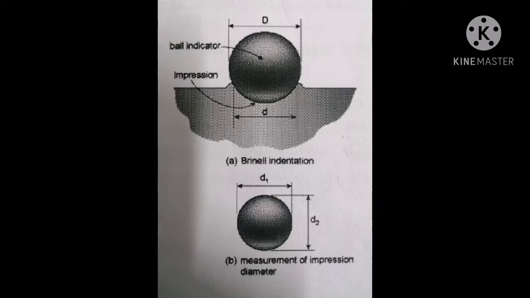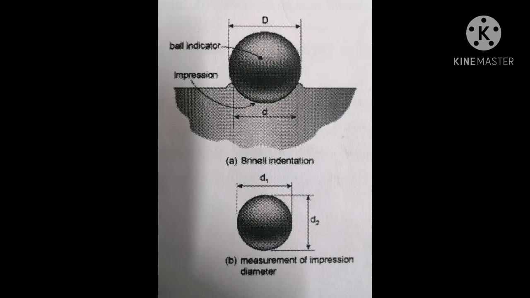Now let's discuss the Brinell hardness test. In the Brinell hardness test, we indent the test material with a 10 mm diameter hardened steel or carbide ball subjected to a load of 3000 kg. If the material is soft, we can reduce the load to 1500 kg or 500 kg to avoid